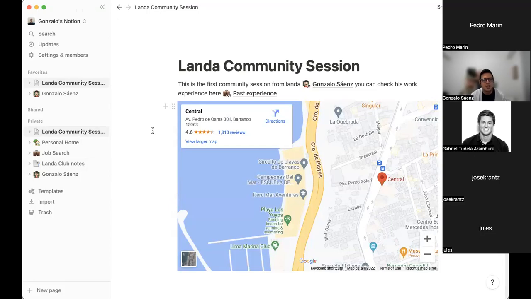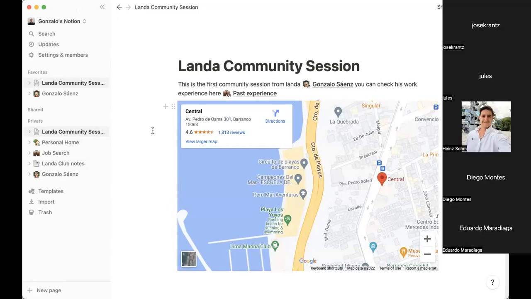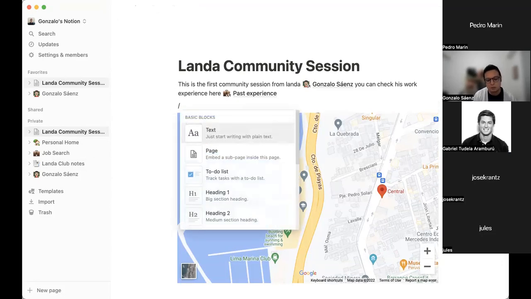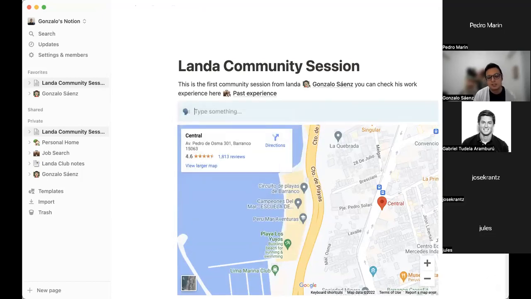So basically, Notion has a lot of integrations and capabilities with other software that are heavily used. And you can have embeds like this that function really well. You also have other cool formats like callout blocks, for example.